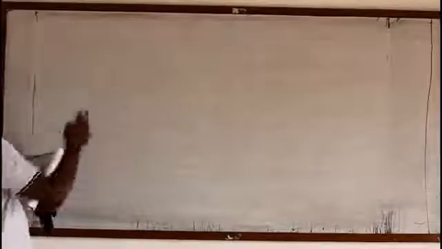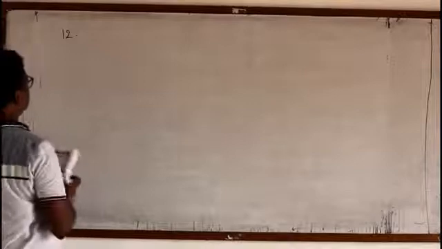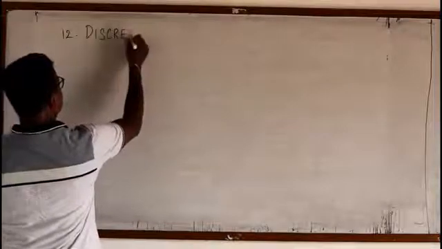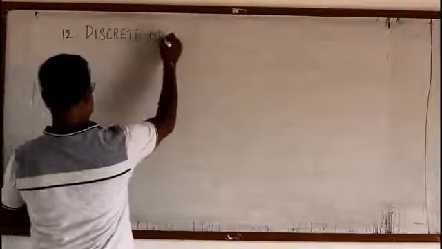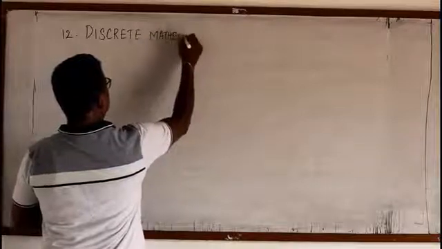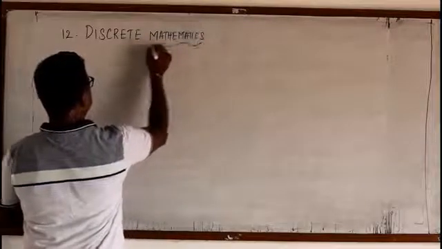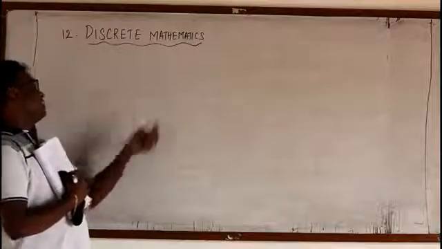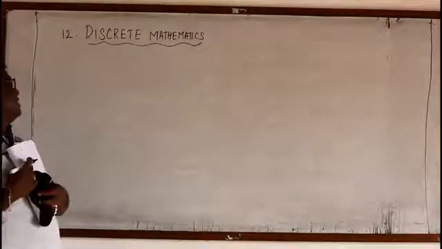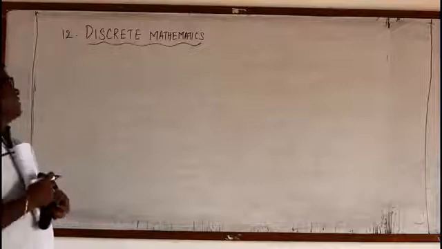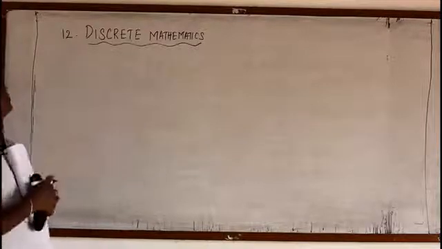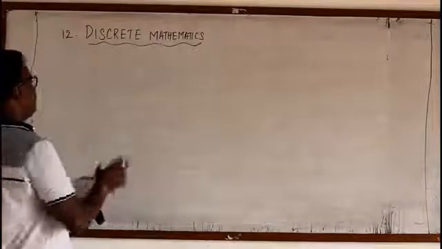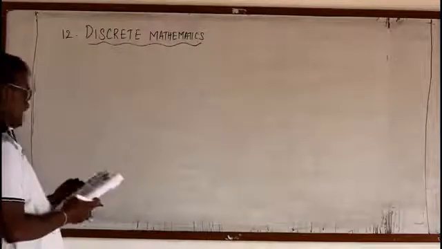Hi friends, today we shall start the 12th chapter of 12th standard, Discrete Mathematics. It's an easy chapter which deals with sets. So I am going to take this chapter first. After completing the theory of equations or inverse trigonometry function, we shall straightaway go for this 12th chapter, Discrete Mathematics, which will be easy for us to learn also. So here we are going to study something on sets only.